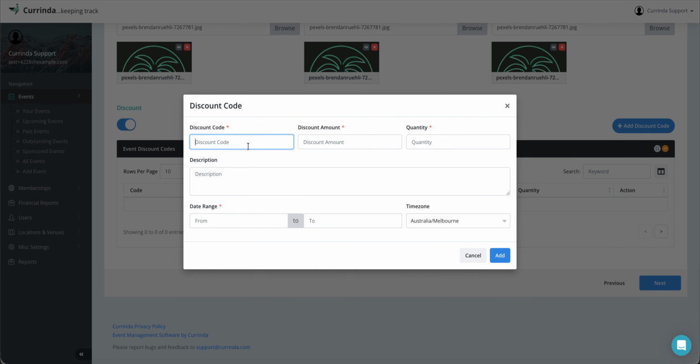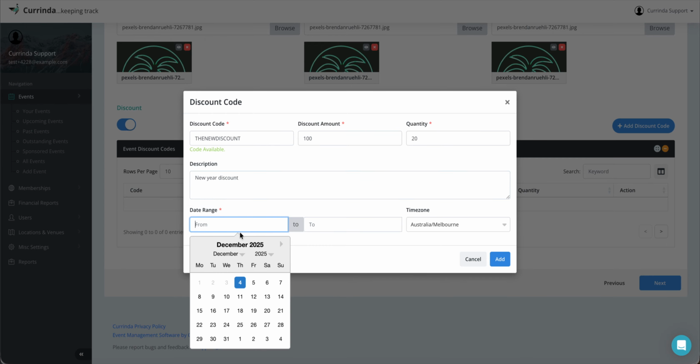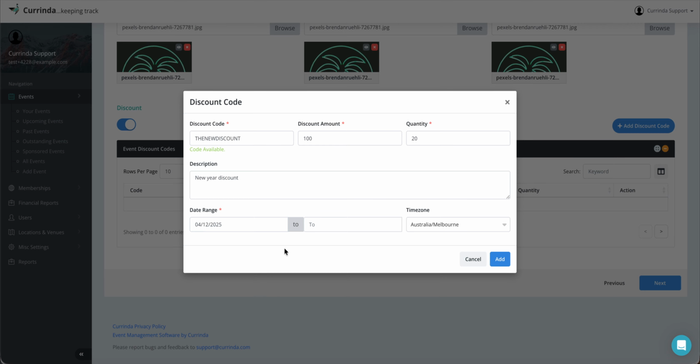And then I can enable discounts. Like in the organizations, we create a discount code, it gets checked if it's available. Let's say the discount is the new discount and it gets checked, the code is available. Let's say the discount amount is 100 and the quantity is 20. Description is Nivier discount,